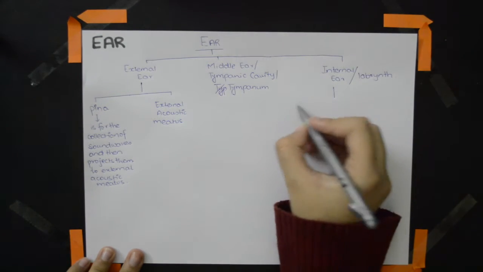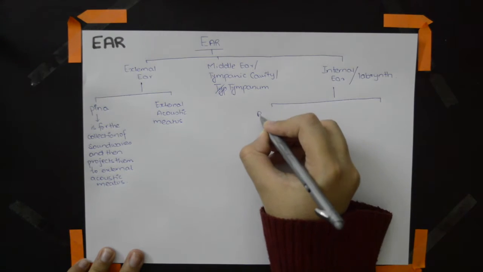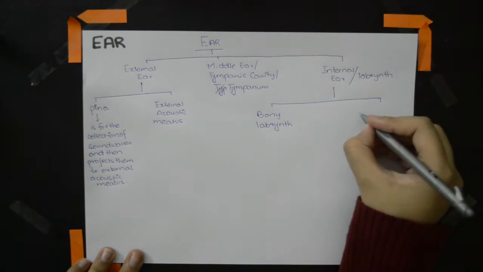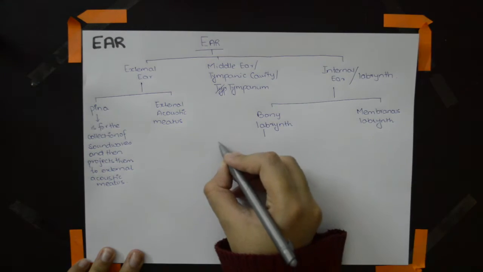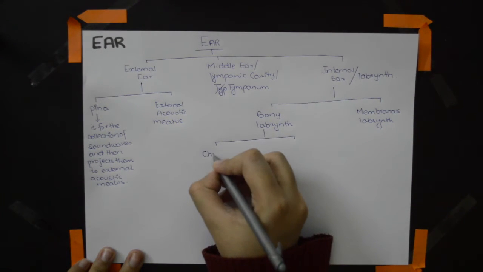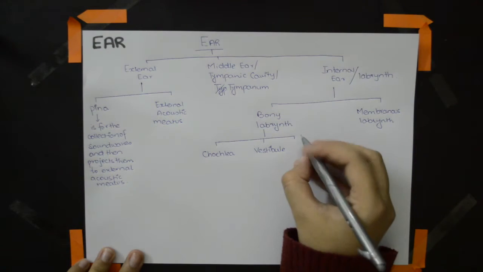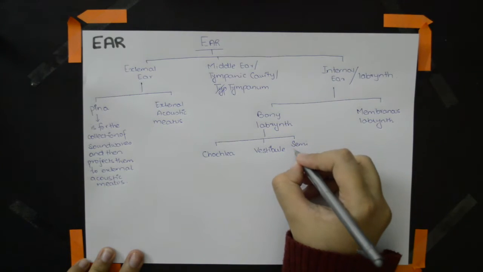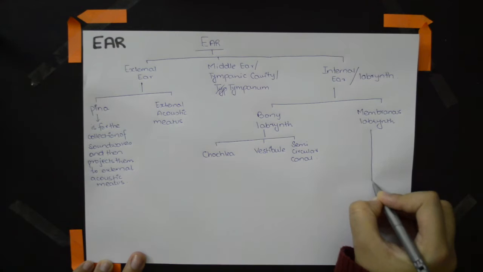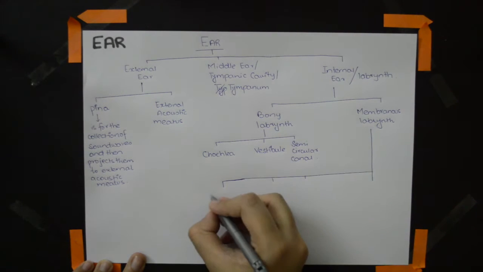We'll talk about two things. Further parts. We have the bony labyrinth and then the membranous labyrinth. Bony labyrinth can be divided into three parts: cochlea, vestibule, and the semicircular canal. And then let's talk about the parts of the membranous labyrinth: cochlear duct,